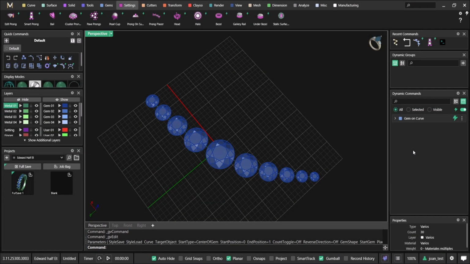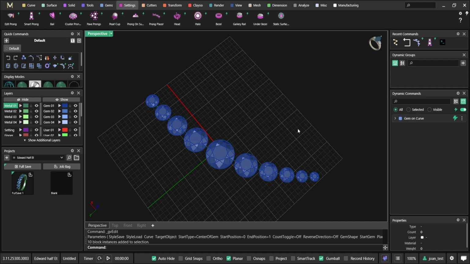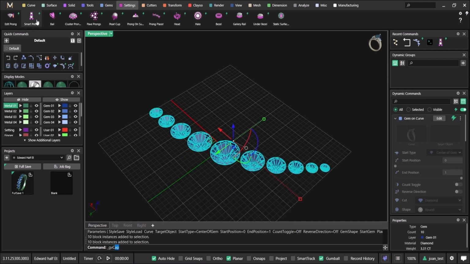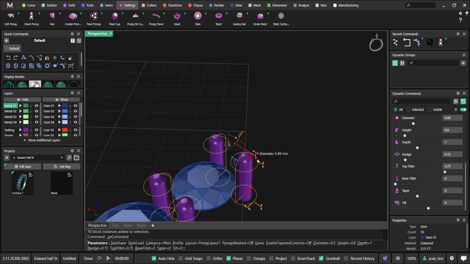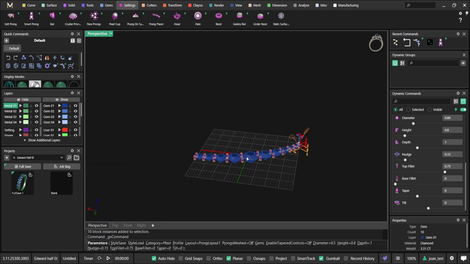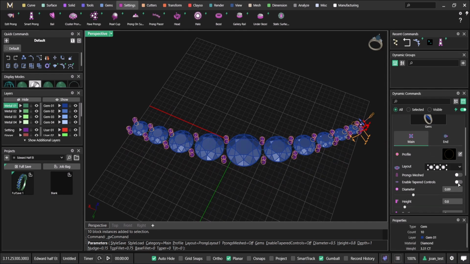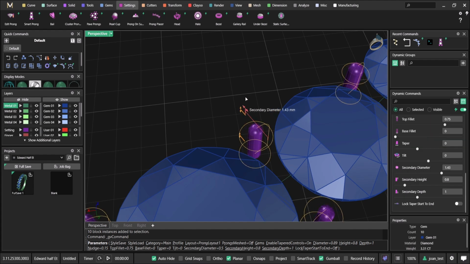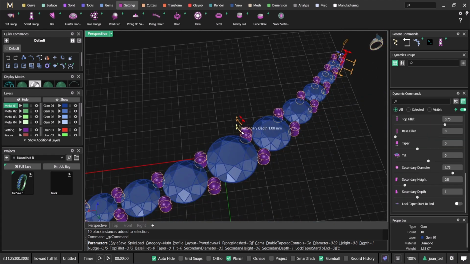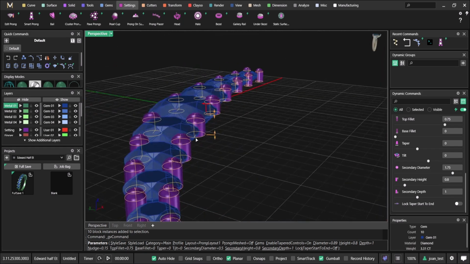Another thing that we can do is when we have gems like this, where the taper is in the center, we're using taper middle here. We can also use this command, Smart Prong. Again, by default it would be 2.5. We can increase it. The only thing we need to do is enable taper controls. And now we can decide the taper here, the diameter in the center,